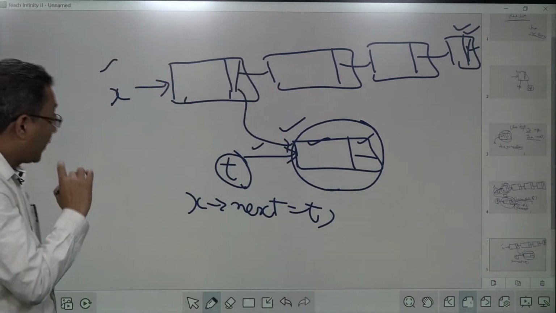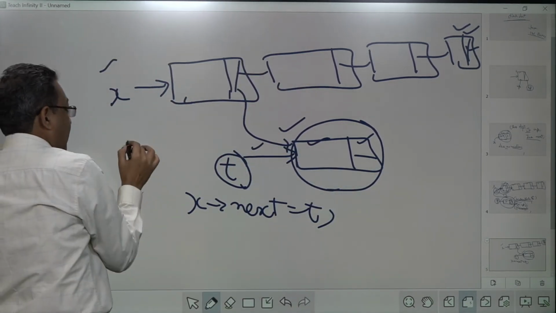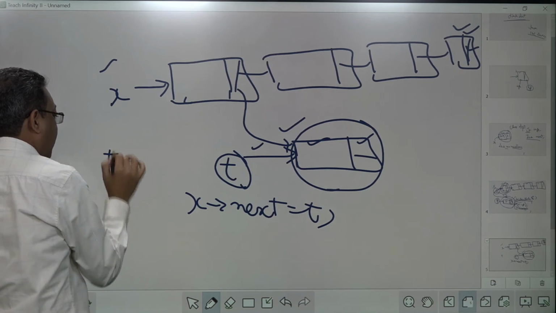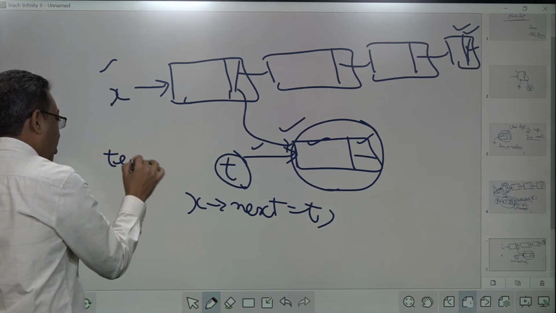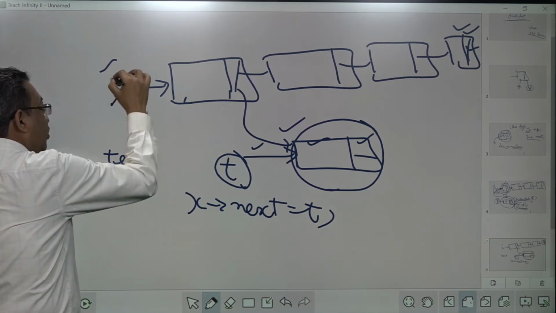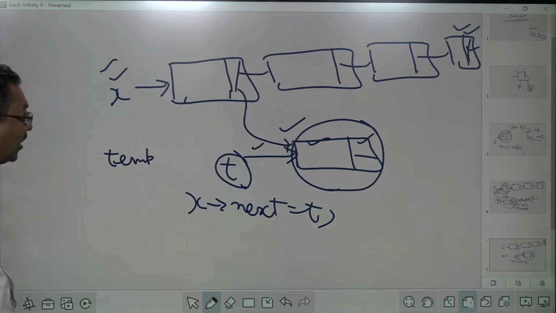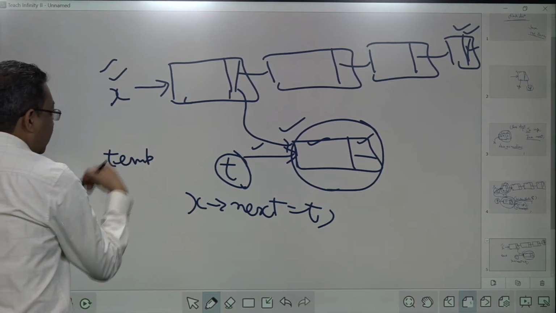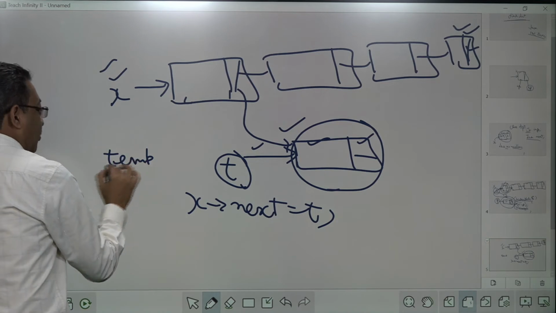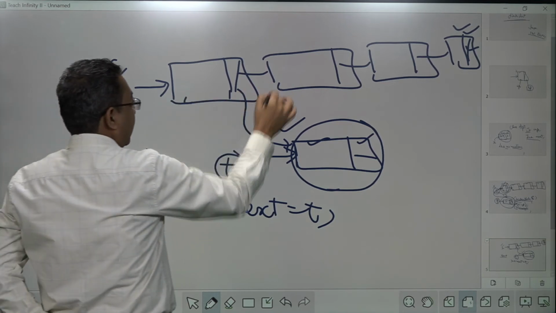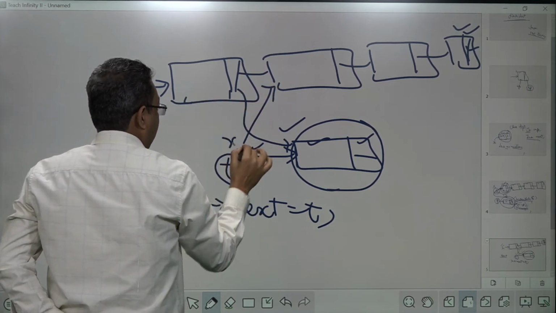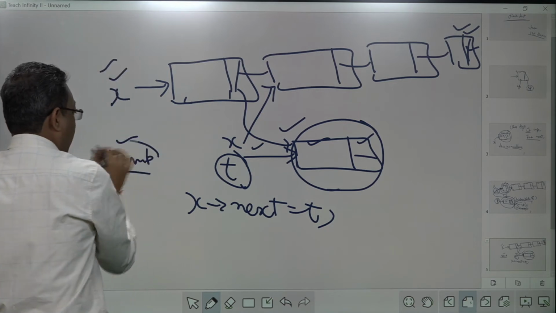So what to do? We must take a variable t or temp, initialize it to x, and keep it just at the back, so that once you are moving x here, the temp must be here.